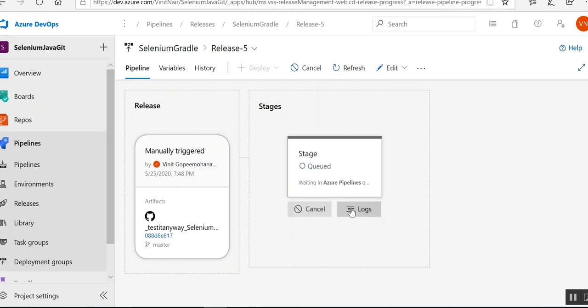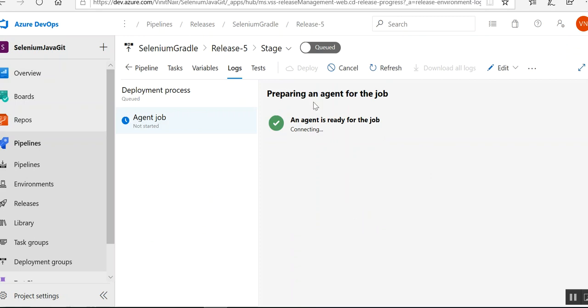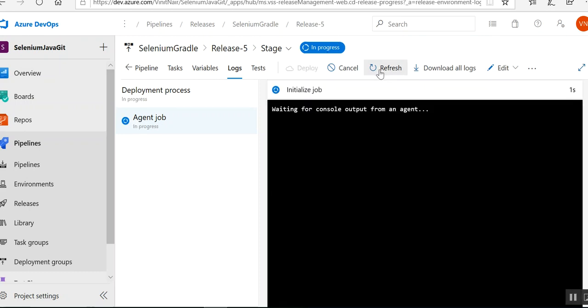It's waiting for the agent. Click on the logs and refresh it. You can see it's in progress.